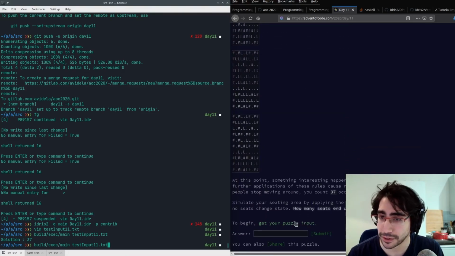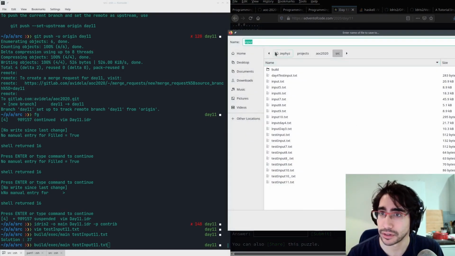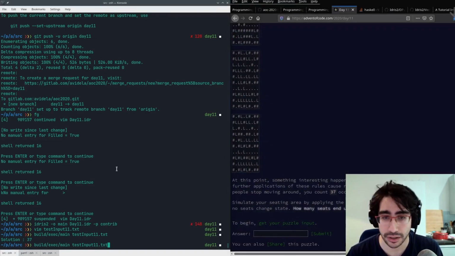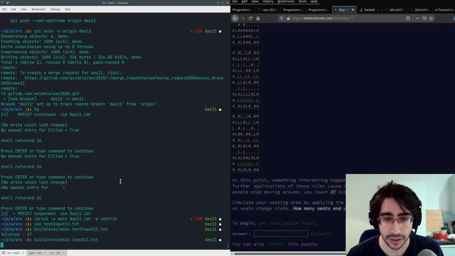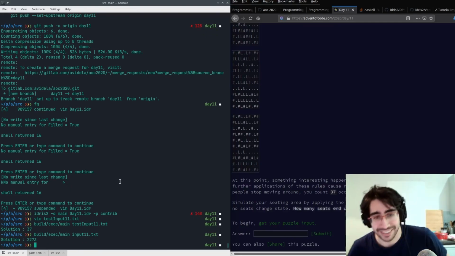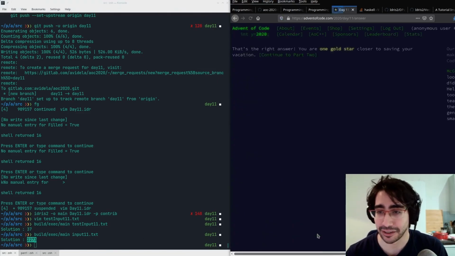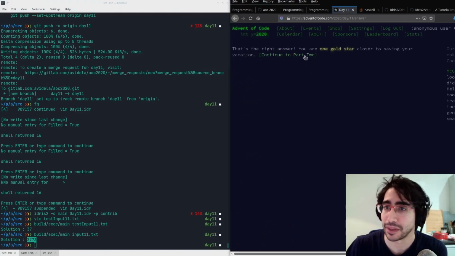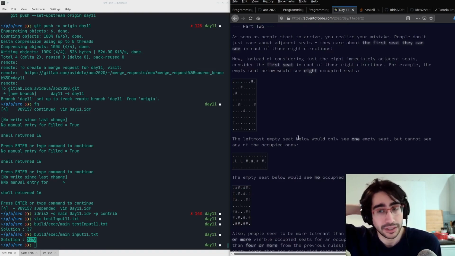Cool, it works. So download input 11.txt and try this. Oh geez, it's slow. Ah, there we go. I'm guessing getting the list of adjacent things is slow. Okay,